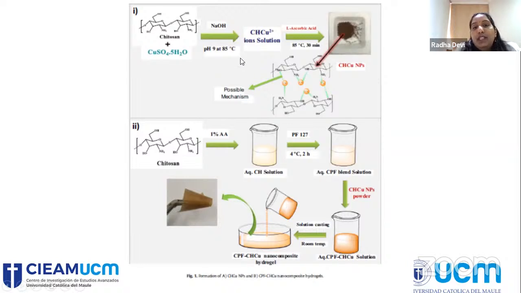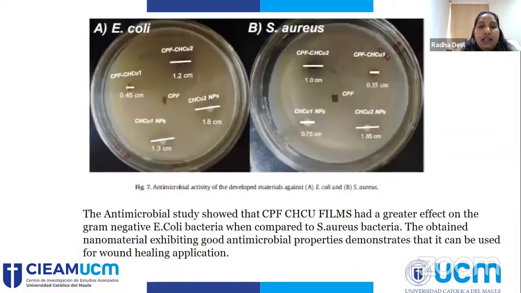degrees centigrade. We obtained a copper chitosan solution, and this copper chitosan solution we have oxidized to obtain the chitosan capped copper nanoparticles. These obtained nanoparticles were dispersed into the chitosan solution to make the chitosan film. So the amount of the copper nanoparticles which were included in the hydrogel film was something around less than 1 milligram. So we used these films to check the antimicrobial activity, and the results of this study were done using